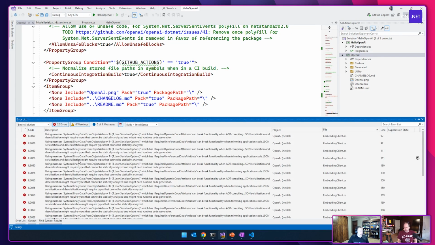So now we got a flood of stuff. Now I'm getting a bunch of errors. Yep, exactly. And so this is what I wanted, right? I wanted this experience to have in my error list all the things that I need to do.